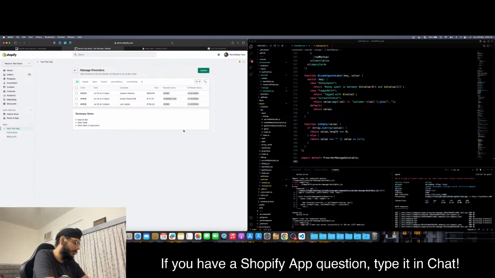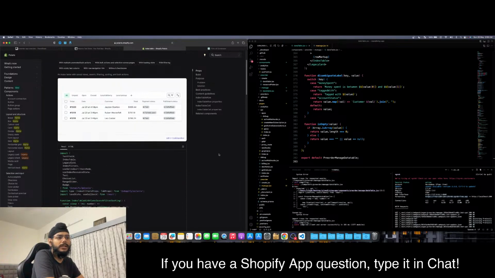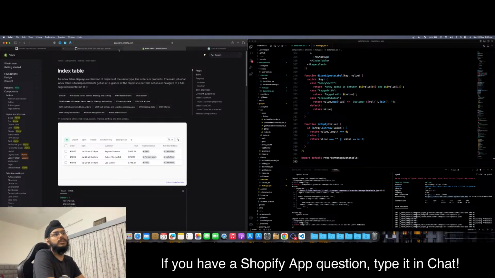Just noticed that you read documentation from Polaris Shopify. If I am not wrong, Polaris sounds like a framework with best practices that allows you to simplify Shopify dev. So Victor, here's the thing. All of these components that you see come from Shopify Polaris, right? I do not create my own table. I just import the index table and all of the props that it provides. So what essentially ends up happening is,